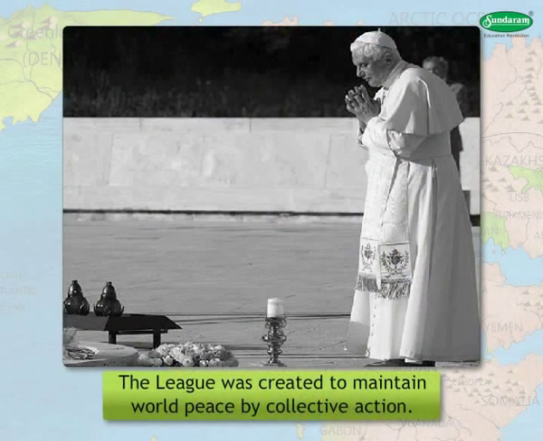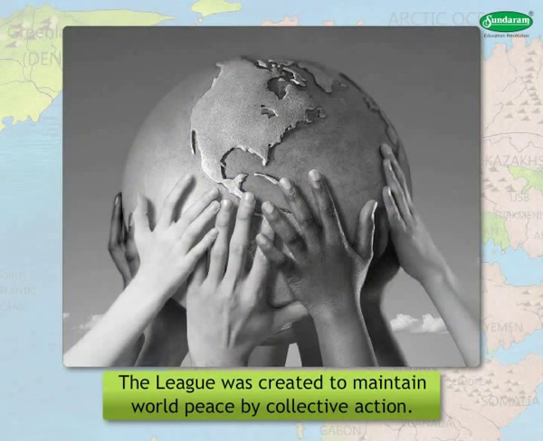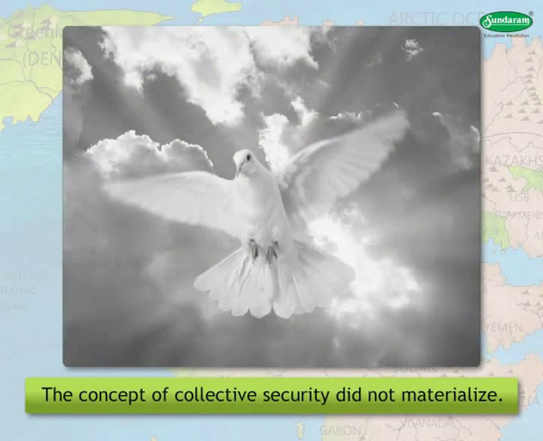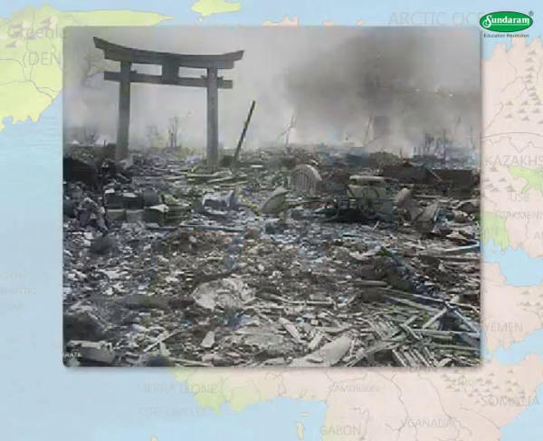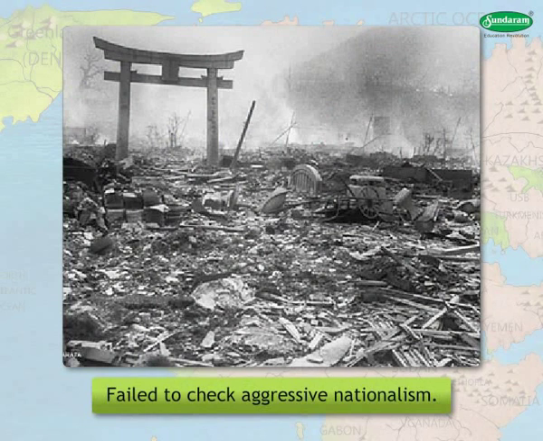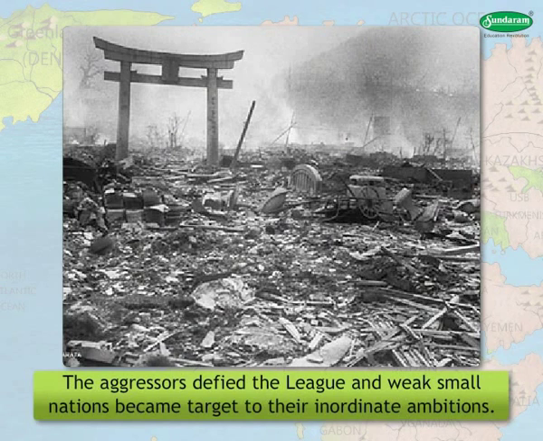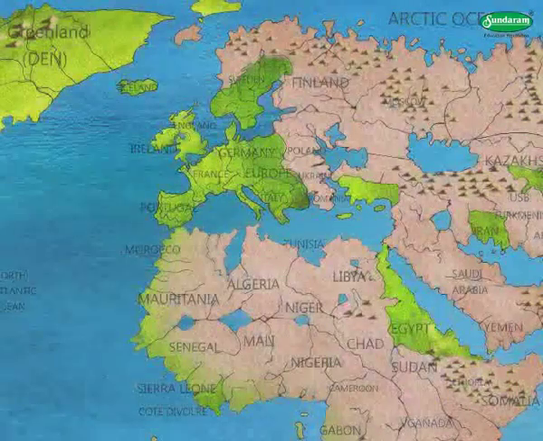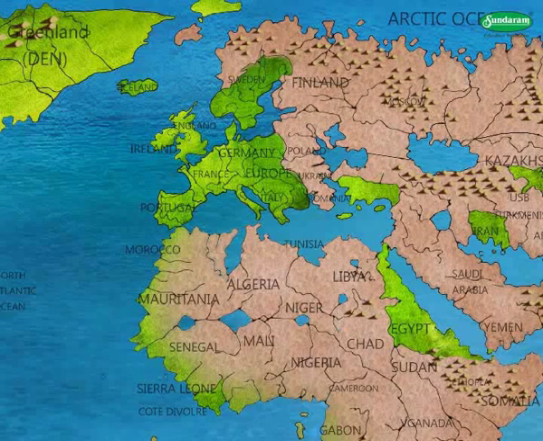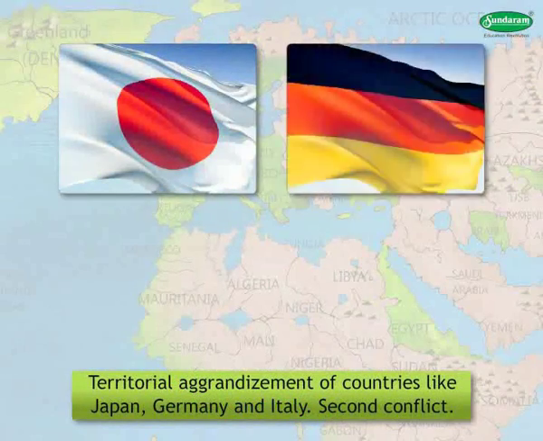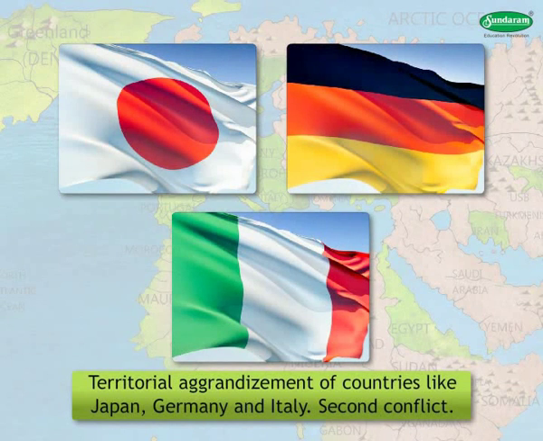The League was created to maintain world peace by collective action. However, the concept of collective security did not materialize. The League failed to check aggressive nationalism. As a result, the aggressors defied the League, and weak small nations became a target of their inordinate ambitions. The League remained a helpless spectator to the territorial aggrandizement of countries like Japan, Germany, and Italy,